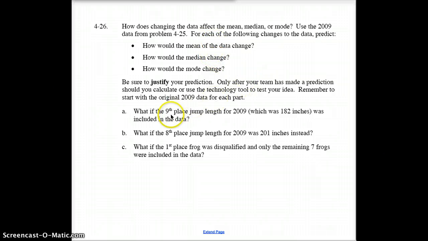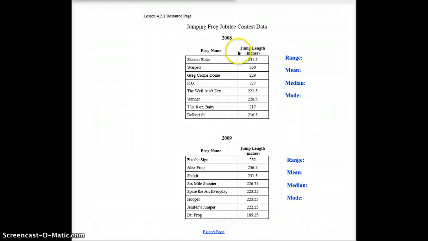So, for example, what if the 9th place length, which was 182 inches, was included in this data? This is in 2009. If we go back to 2009, they say there was a 9th place finish down here that was 182 centimeters. If we included that data,